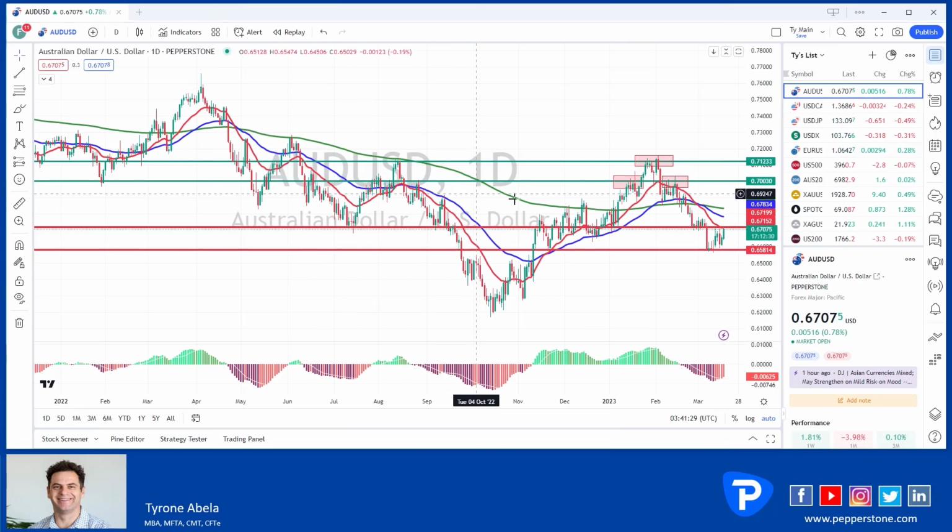All right, so we'll jump straight into the Aussie USD here, and you can see that we've basically seen a big reversal in terms of what price has done. We've seen a big move up to around that sort of 67.20 area. The 20 moving average is right there now, so there's serious resistance in front of it, no question about that. But we can see we had a very big move down all the way to that 65.80